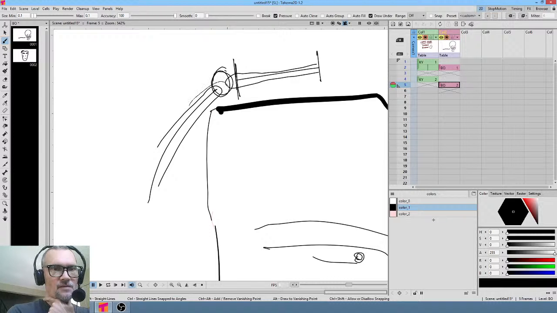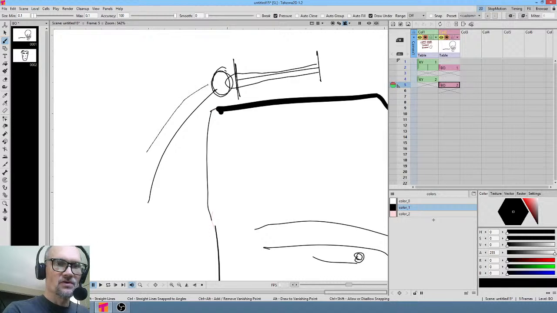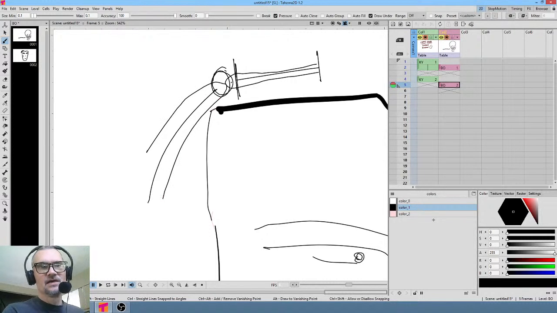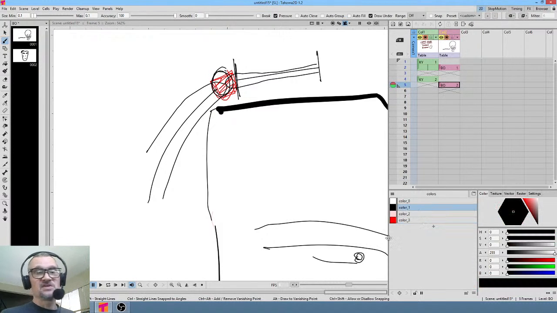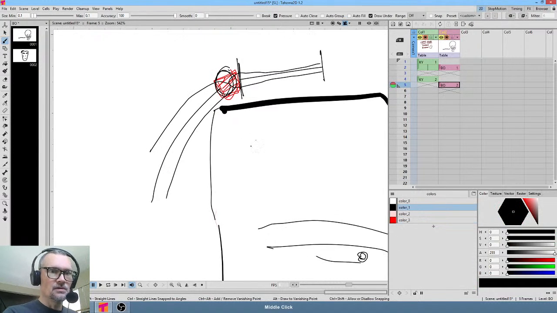Actually, let me do it this way. In fact, I'm going to hit undo and redo that. So I think what's happening here is if I had two shapes or lines that meet and appear to be a closed shape, in point of fact, they're really not, because this area right here is not actually filled. So I'm speculating here that